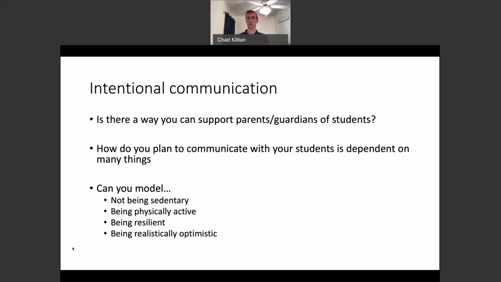Can you model being physically active? If I was still working as a physical education teacher, I'd take my cell phone along while I'm out for a walk. Hey, I'm walking out here at the local trail. I'm maintaining social distance, but I'm with my family. We're having a great time. The stream water is pretty comfortable, so we're splashing around a little bit in the stream, and then we're going to head back to the house to make a healthy lunch. I told in a different video, I got my bike sitting here on the trainer. Can I say, hey, what's up, everybody? What's your physical activity looking like today? I'm trying to get some minutes on my bike. I'm just watching YouTube videos of the Tour de France.